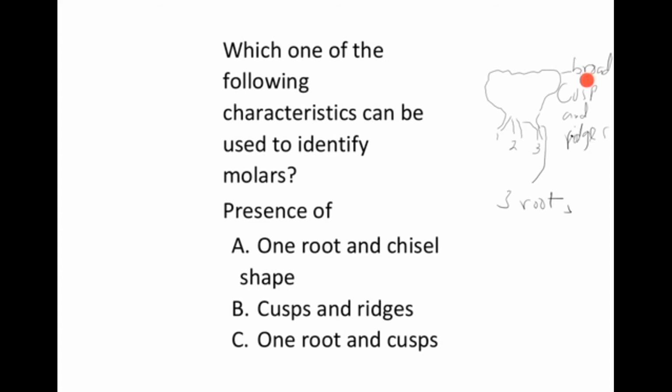It is broad, cups and has ridges. So back to our choice B, you find now the answer will be our choice B because it has cups and ridges. So we take our choice B as the correct answer, and then we say molars